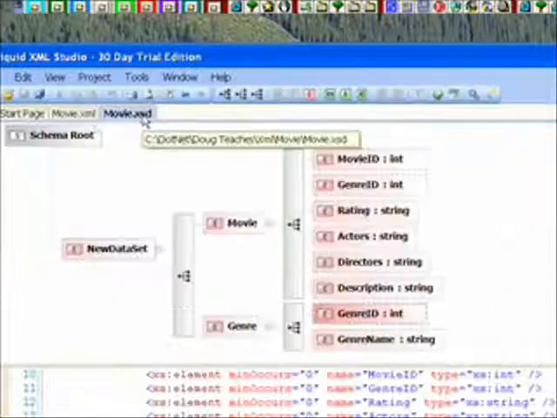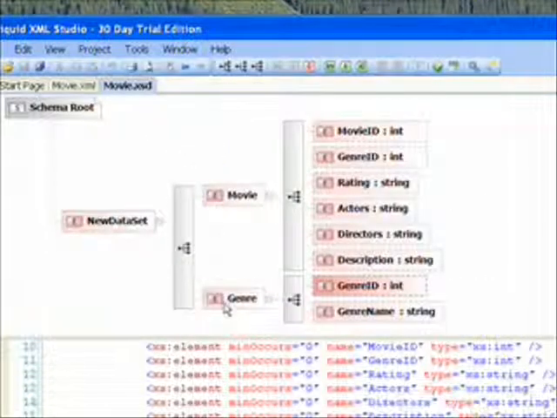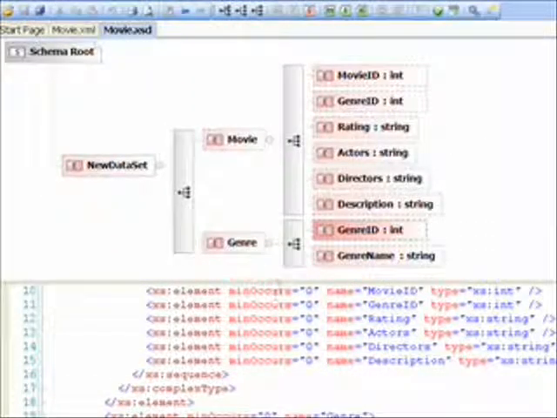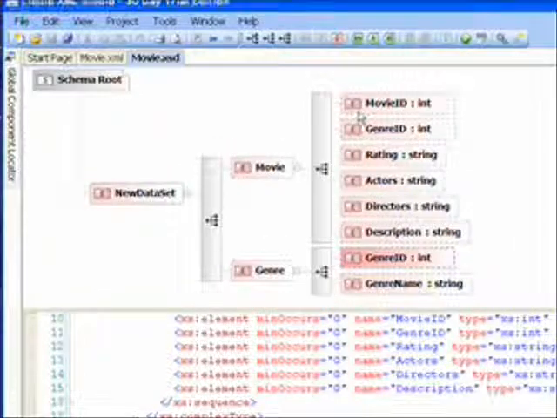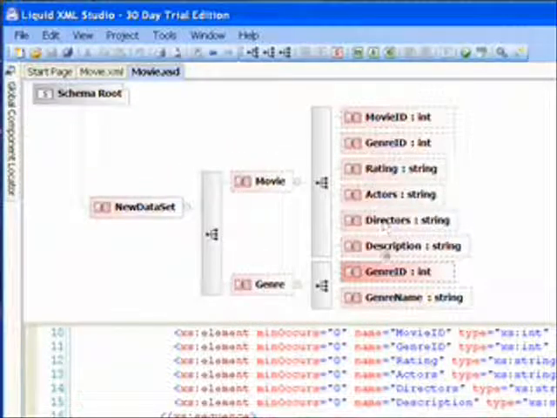So here's an example of the schema. And this is a graphical representation of the schema. You see the tree with the root, the two elements within the root, which are what are known as complex elements, because they're made up of sub-elements.